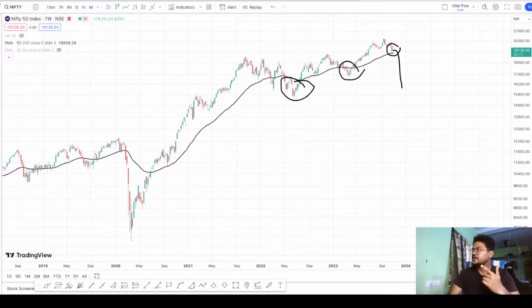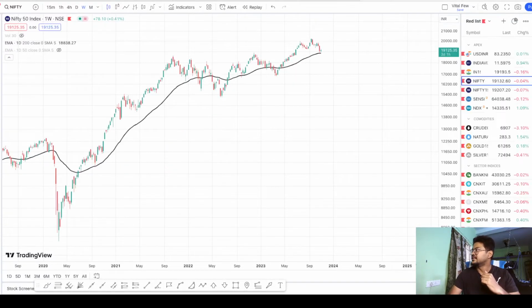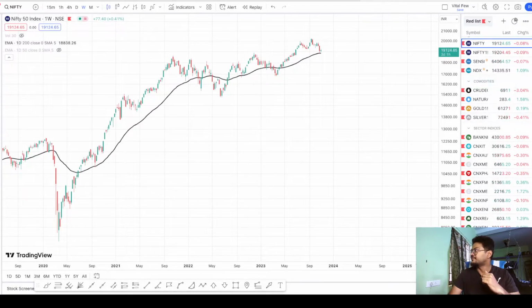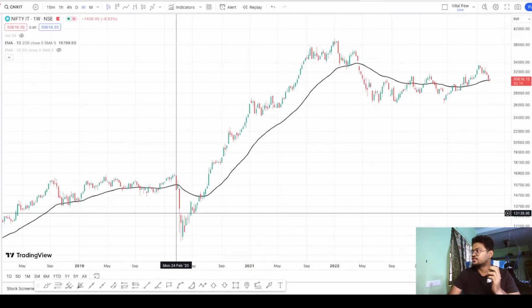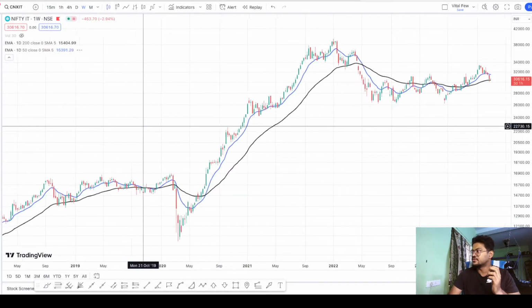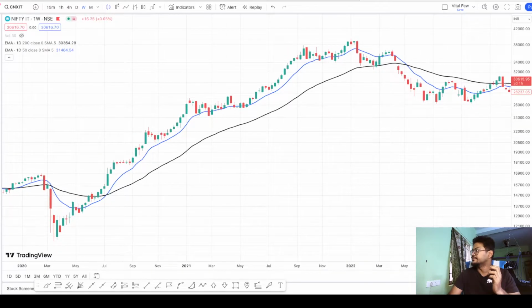Okay, so that is how you can use the 200 days moving average in your analysis. Now let me just show you the example of another index, that is the IT index. We can see that after the COVID crash, the IT index also gave one golden cross before starting to give a big uptrend. Here, and you can see then it has crossed below,